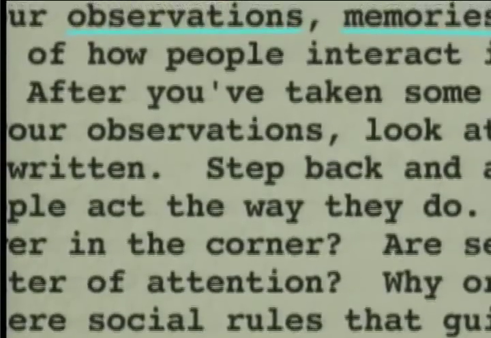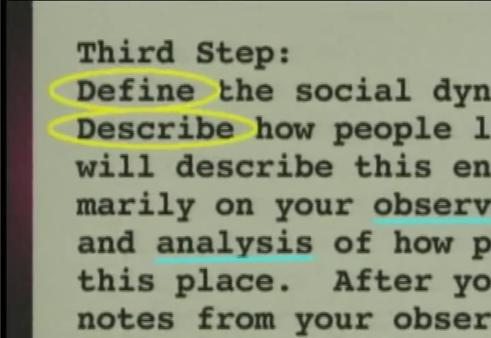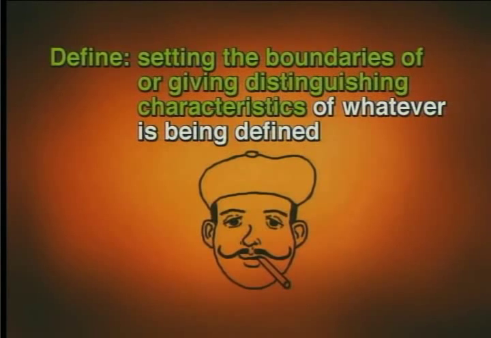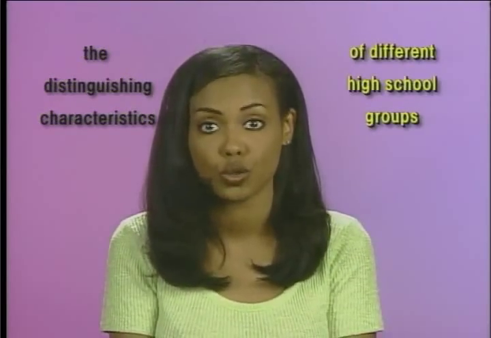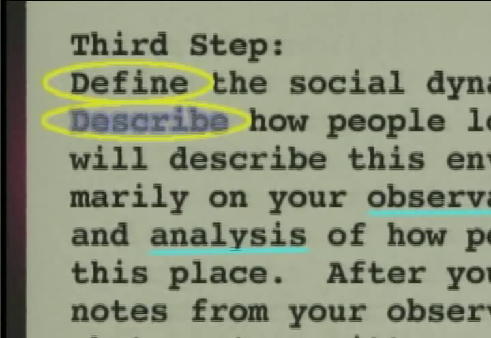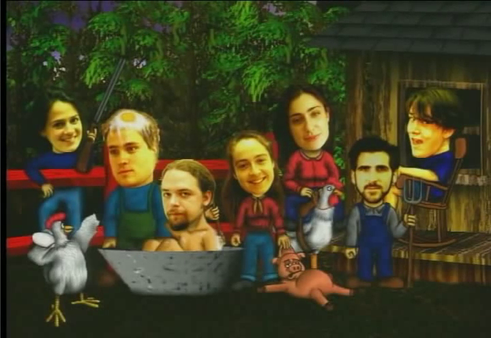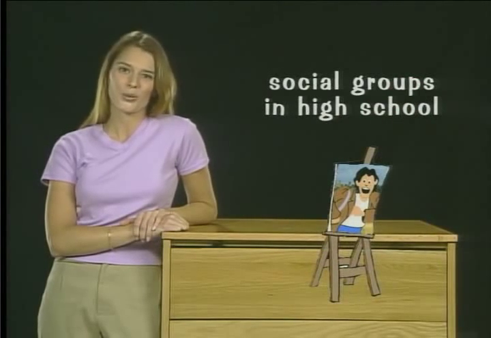So let's go back to Nathan's assignment where he's marked up his assignment in several places. We'll look at a couple of the keywords he circled, like define. Define means, well, you're defining something. You're setting the boundaries of or giving distinguishing characteristics to whatever's being defined. Nathan's going to be writing about the distinguishing characteristics of different high school groups. He's also circled describe. To describe something means you're giving a detailed account or painting a verbal picture of the thing being described. And let me tell you, that verbal family, they make a pretty picture. So Nathan's going to be painting a verbal picture of the social groups in high school. He'll be using